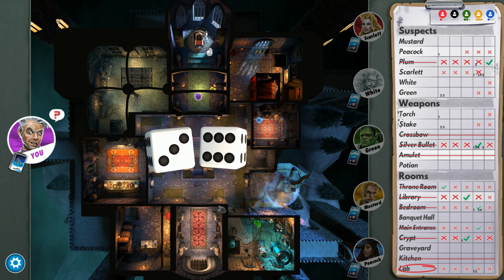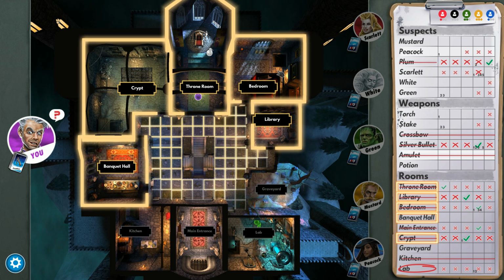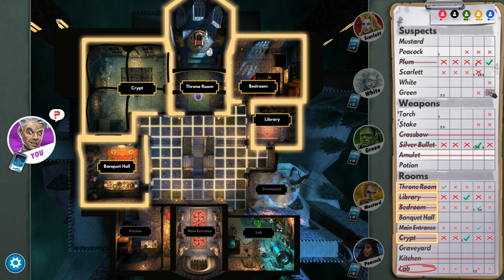Alright, 9. Okay, the crypt we know Mr. Green has. I don't want to do that. Ideally, I'd like to get to the lab. I want to pick a room that isn't going to be shown to me in the beginning. The bedroom, for example, Mustard has. So that's not going to help me eliminate Scarlet, though. And we still have a weapon to get to. You know what? Let's go to the...